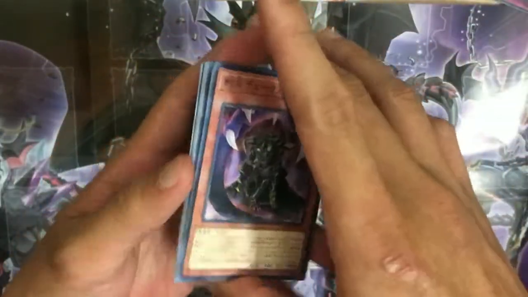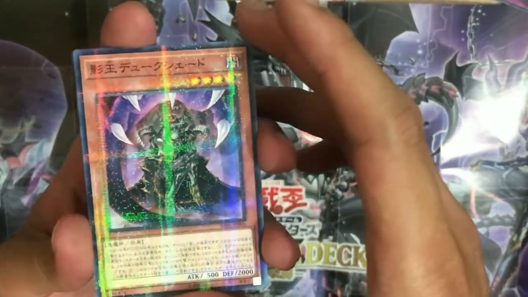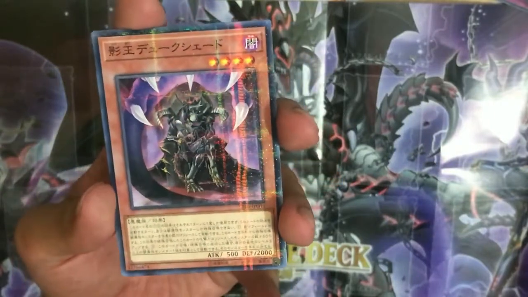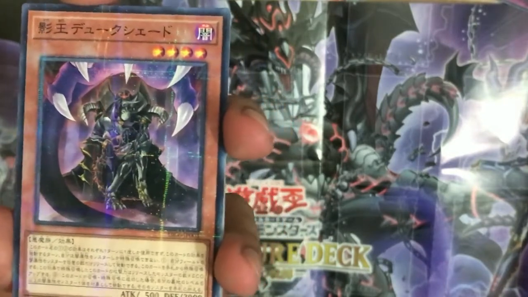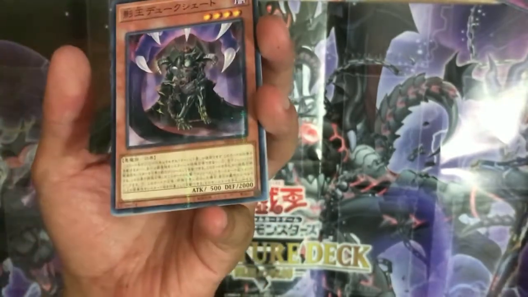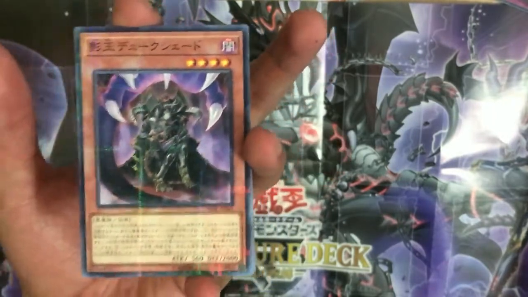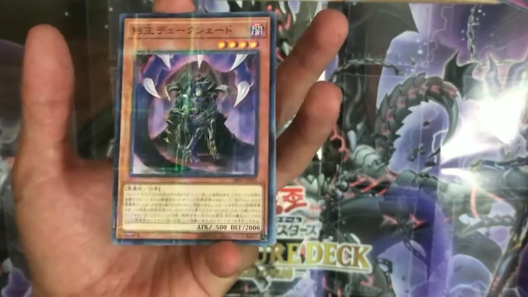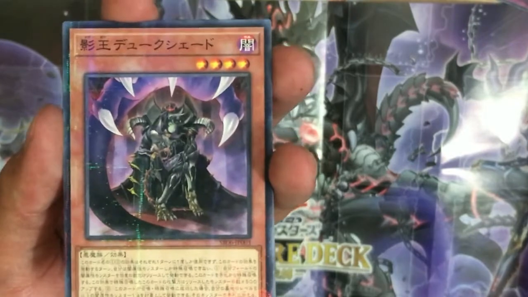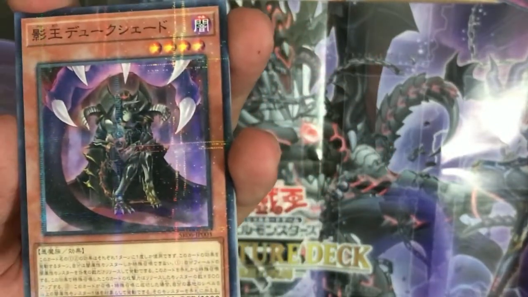Okay, so this is the last new card introduced in this SR06. This card is called Shadow King Duke Shadow, and this card has 2 effects, and both can be activated once per turn. And you can only special summon Dark attribute monsters if you activate either one of its effects. The first effect is you can tribute any number of Dark attribute monsters on your field and special summon this card from